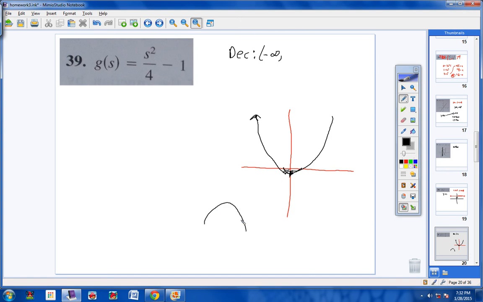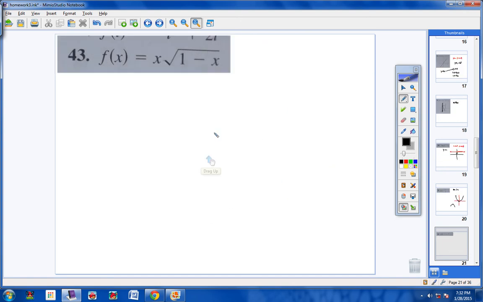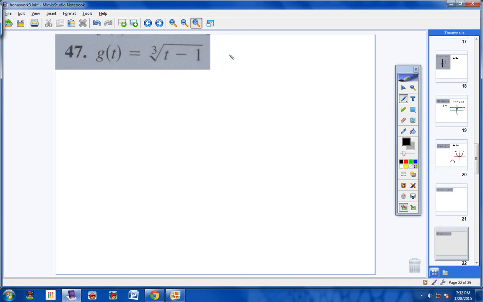If the graph looked like this and the turning point was up here, that would be a maximum, okay? Well, we learned